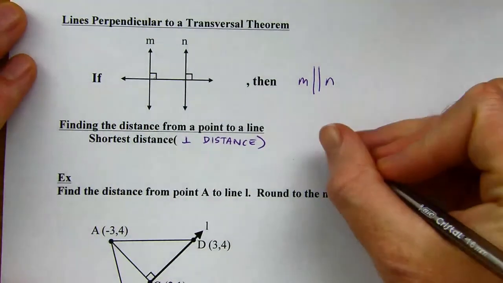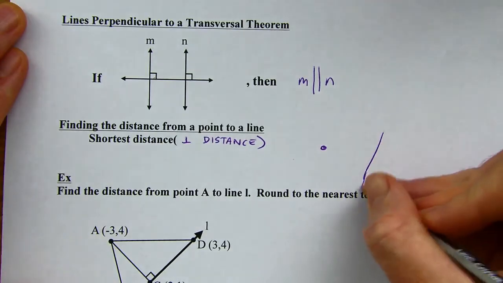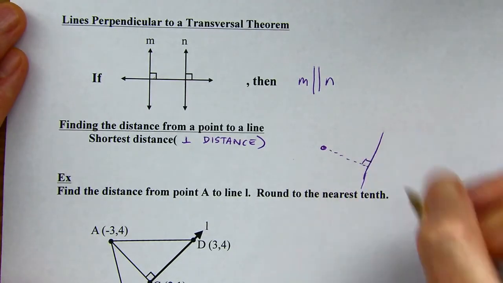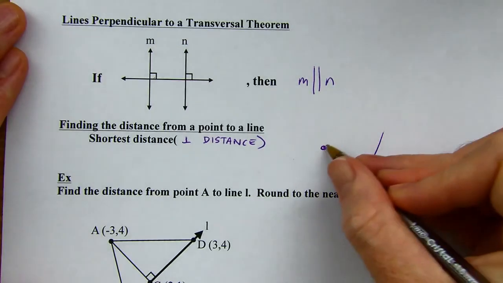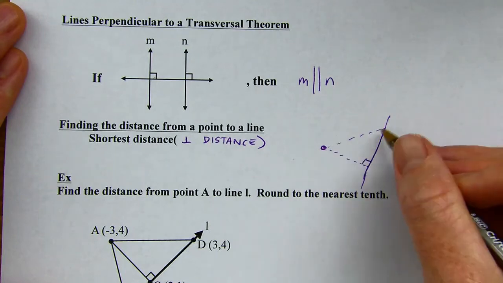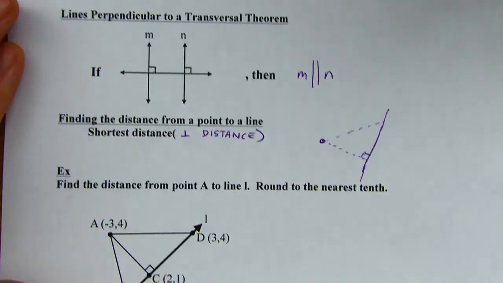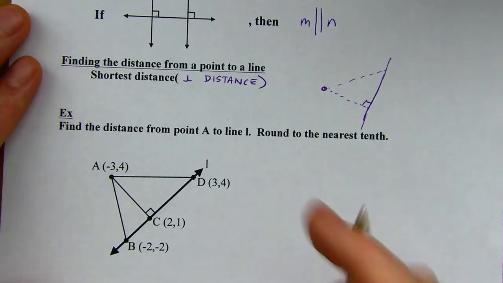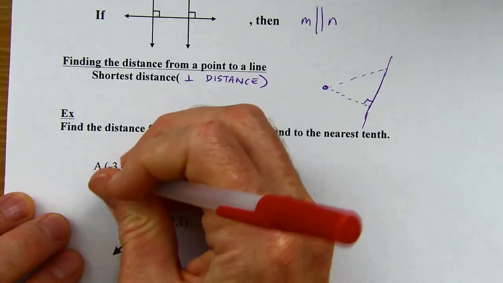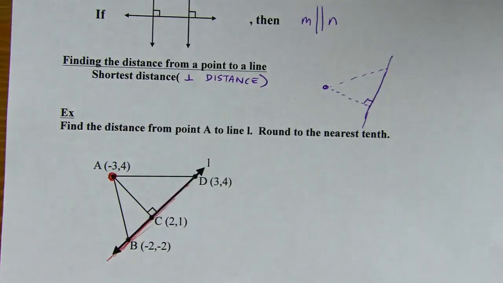Okay, so here I'll draw a little picture. Here's me. Here's the wall, and if I want to get to that wall, I want to go that way, right? I could go there and get to the wall, but it would take a longer time. It's a longer path. The shortest path is going to be the perpendicular path, okay? And that's illustrated on this next problem. We're going to find the distance from point A right here to line L, which is this bold line there,